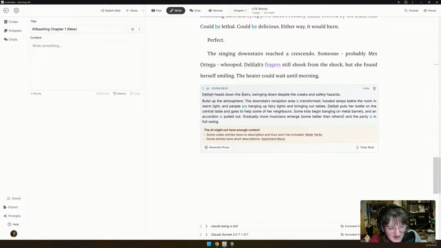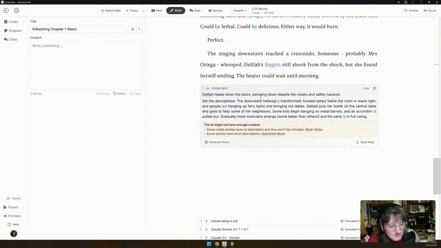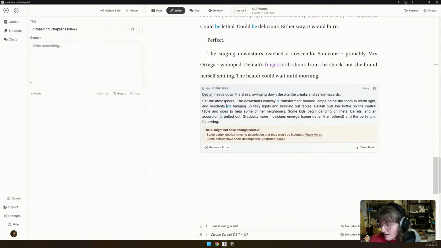Swinging down. Set the atmosphere. The residents are hanging up fairy lights and bringing out tables.